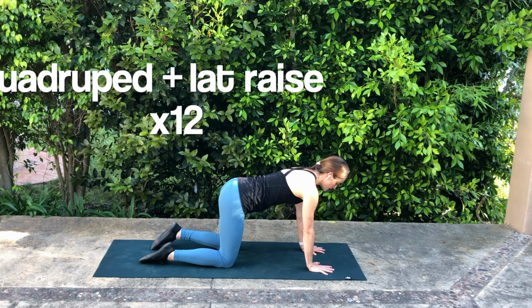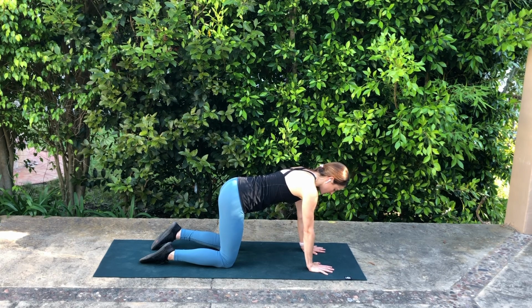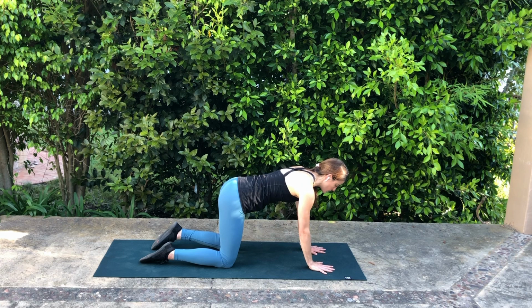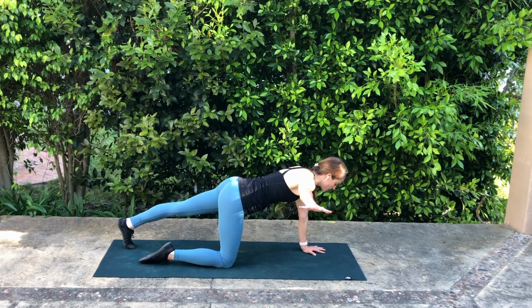Quadruped with a lateral raise. So you're gonna start with both hands shoulder distance apart, both knees hip distance apart. I'm gonna be moving my right arm, so my left leg is also going to be a mover in this position. You're gonna exhale, send the right arm out to the side as you slide your left foot back to